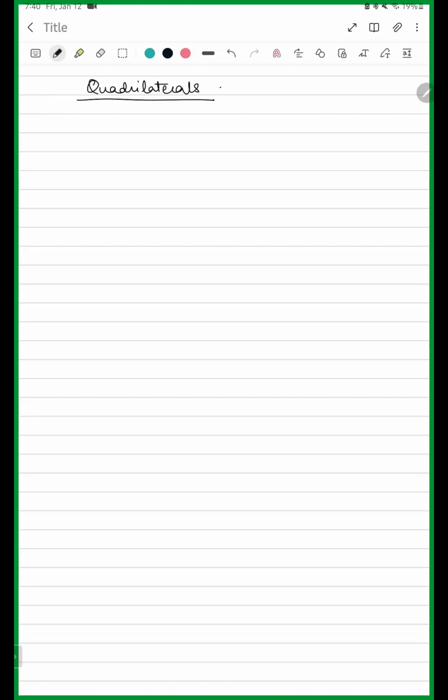Okay, so the first exercise, first question. I think this one is pretty easy. You tell me how this will be done. The angles of a quadrilateral are in the ratio